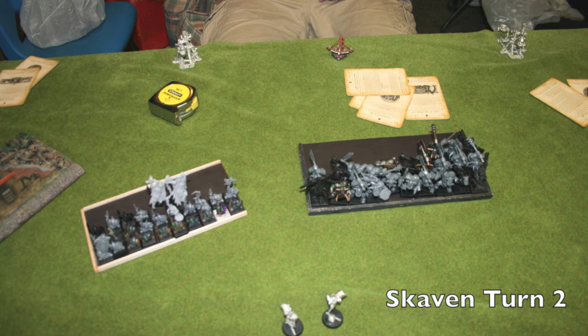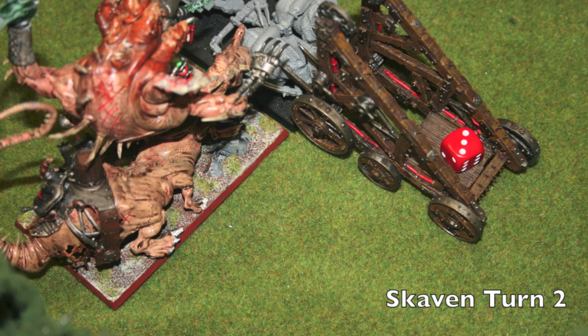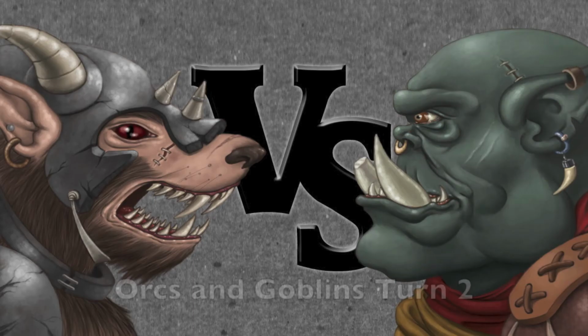And then what else happens? I believe the Doom Wheel shoots at that hero and kills him. The Doom Wheel over here fails its not to shoot test and rolls a misfire and does wounds to itself. It does 3 wounds to itself, so that's kind of scary. The flame template goes ahead and kills a couple guys. Nothing too crazy. I kill the pump wagon, which is nice. And yeah, that's it. So orc turn